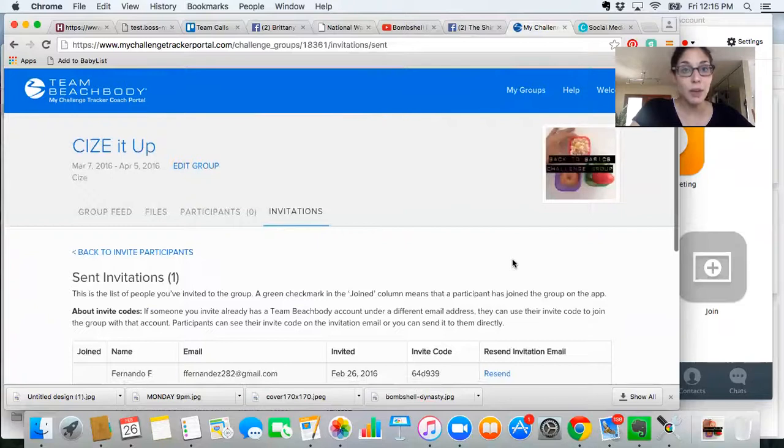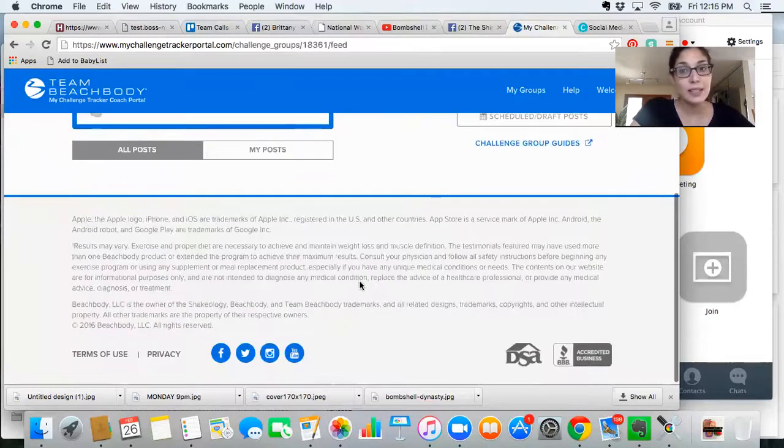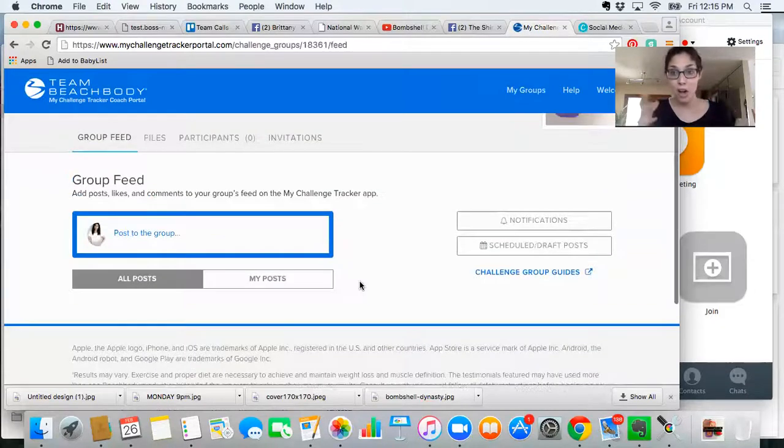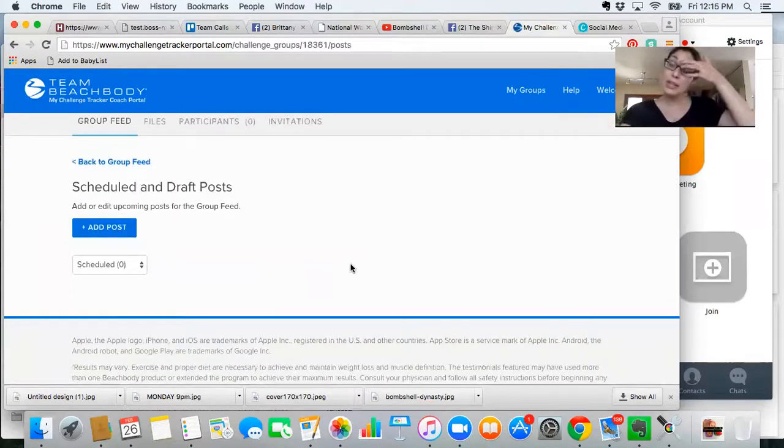So now you've got your group all set up. All you need to do now is start putting content into the group. And you do that by going to your group feed. So this is sort of where you start putting in all of your posts for your group. Now, what I love about this is that you can schedule posts, which is awesome. In Facebook, you can schedule posts only to your page, but not in a group. So every morning you have to manually go in and post your post for the day,